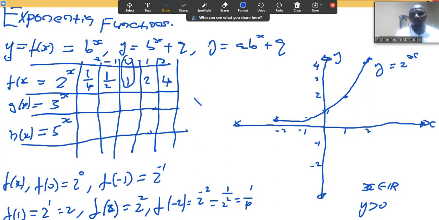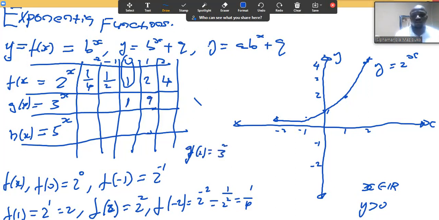Suppose we're looking at the next graph, which is g of x. If you're looking at g of x, we can substitute 0 for x. Maybe we don't need to go through all of it, we can just find 2 coordinates. So we already know that at 0 we'll have 1. And now at 2, g at 2 is equal to 3 squared, which is